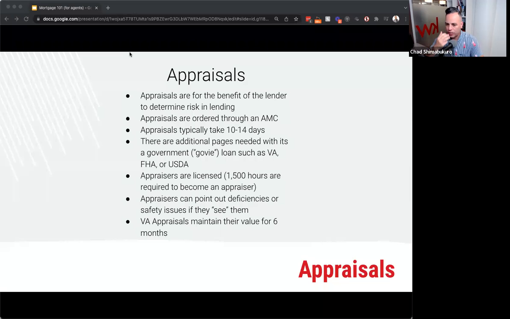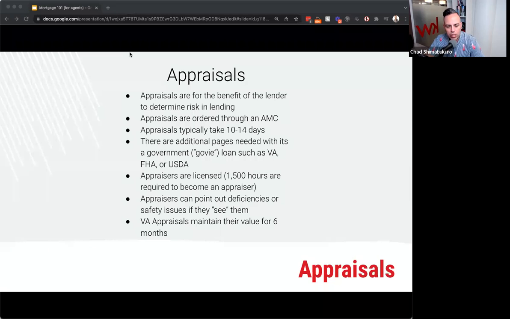If the appraiser gets out there, he's either going to note it as being completely deficient, he's going to downgrade the condition of the property so it becomes non-lendable, or he's going to note something that's subject to that's going to require it to be remedied and fixed by a licensed person, whether it's, depends on what the issue is, plumbing or roof or electric or whatever it is. And then he's going to have to go back out there again for another cost and fee to approve that the deficiency was remedied. So it's going to absolutely slow things down.